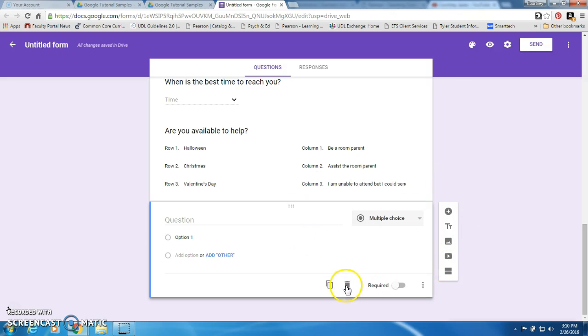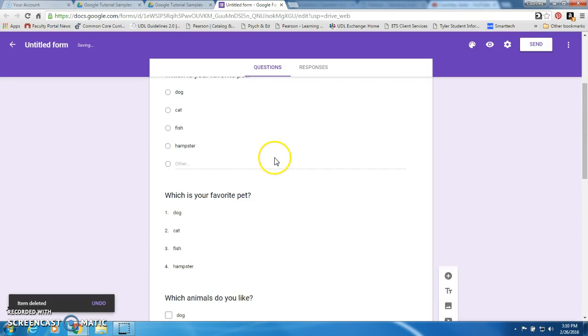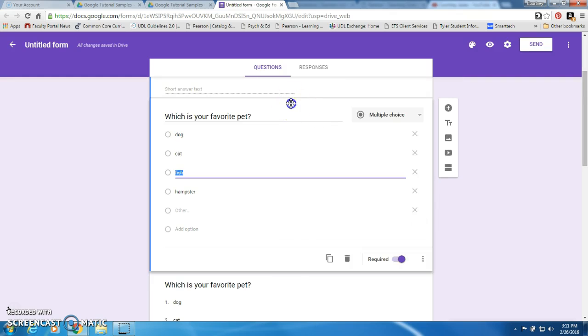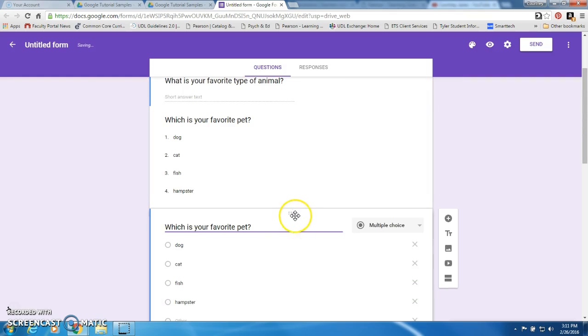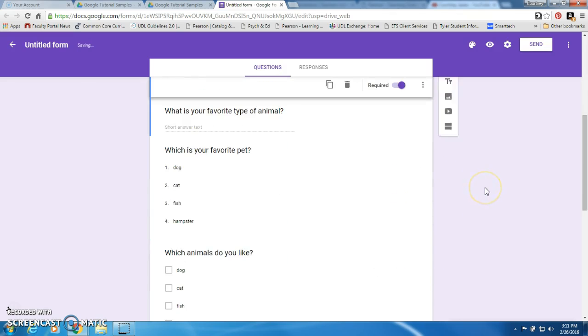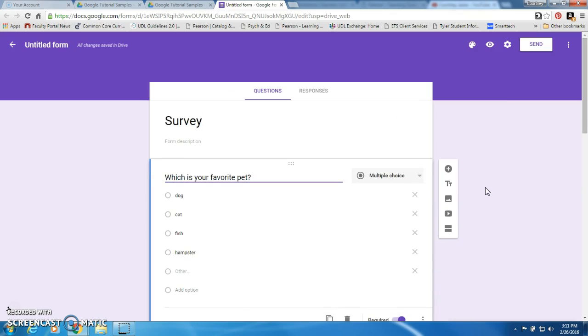And so once you have your question completed, then you can mark if it is a required question. Some of them can just be optional. If you want to delete your question, you can just put that in the trash. You can rearrange the questions by just dragging them by this section and dropping them where you want it to go. And so you can put a form description. Okay. You can also, after you have created this,